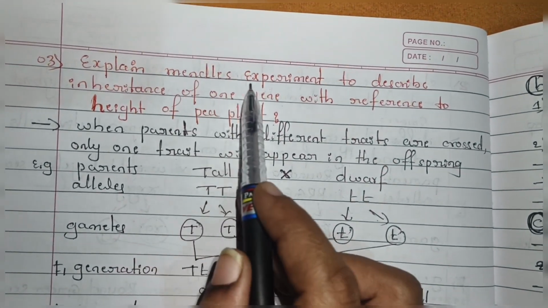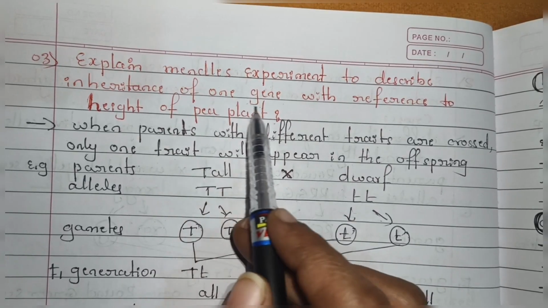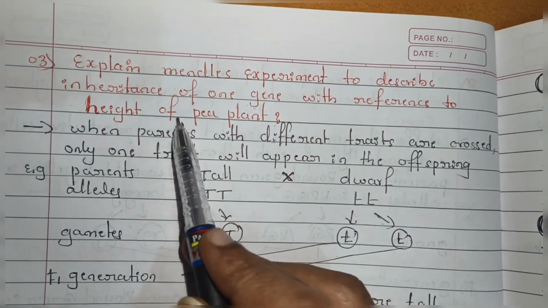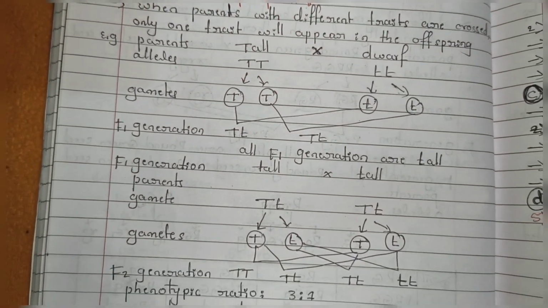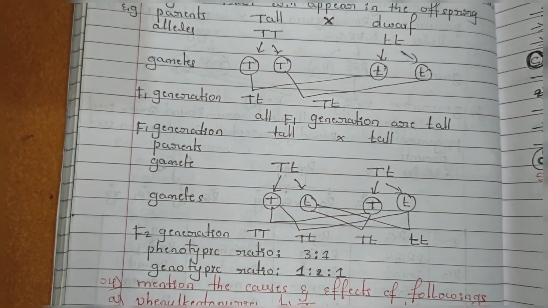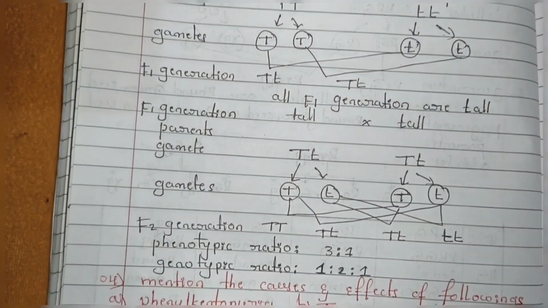Third question is: explain Mendel's experiment to describe the inheritance of one gene with reference to the height of the pea plant. So you have to practice this crossing. And next is there,